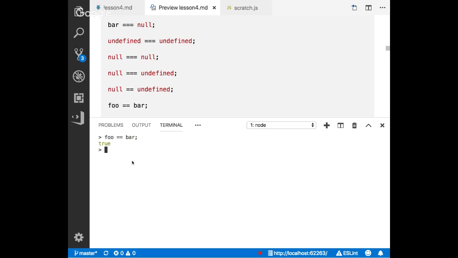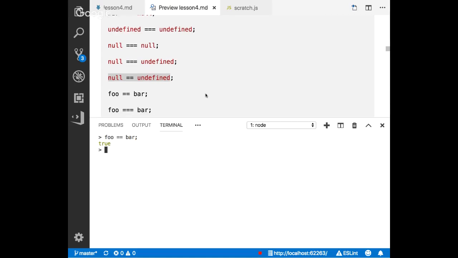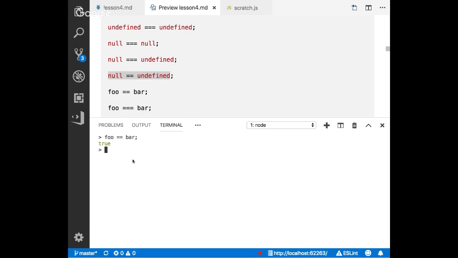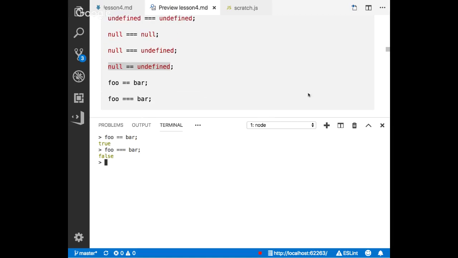It's true, because it's pretty much the same as here, except I flipped them around. It's undefined equals null. So now let's do foo triple equals bar. Who thinks that's true? Who thinks it's false? It's false, right? For the most part, other than a couple little things, nothing too odd there, except for the one